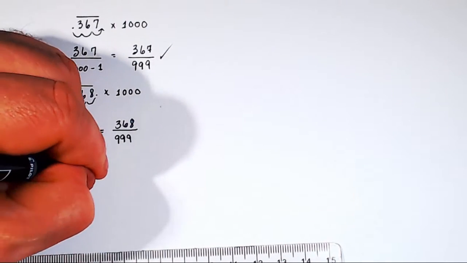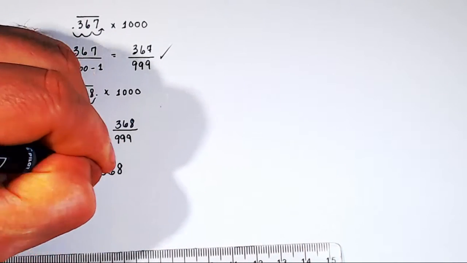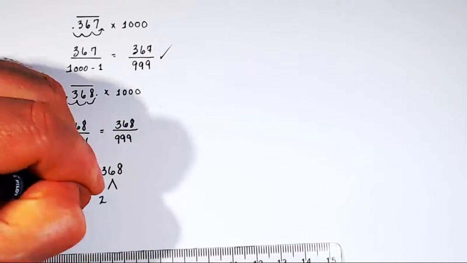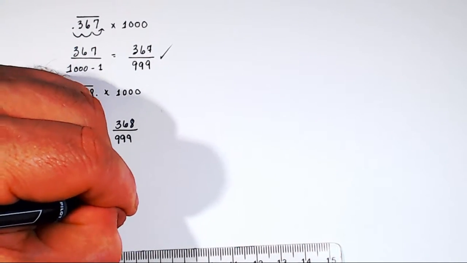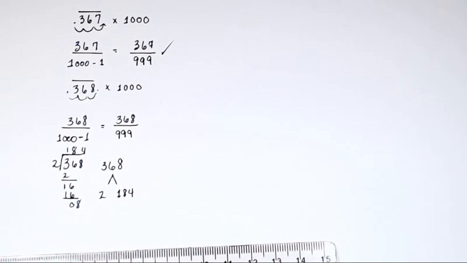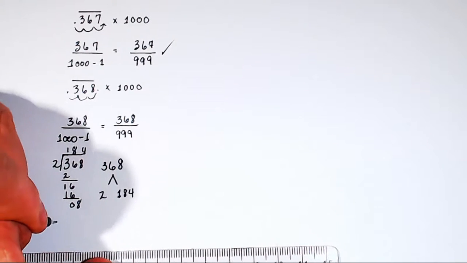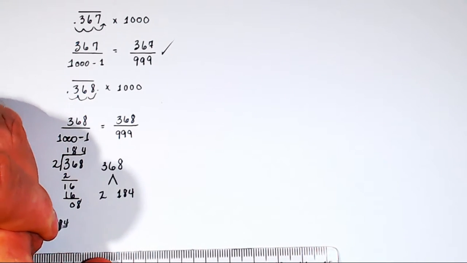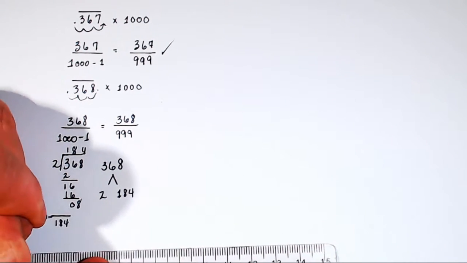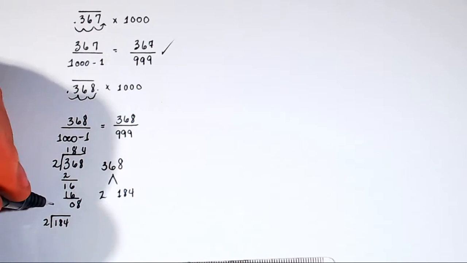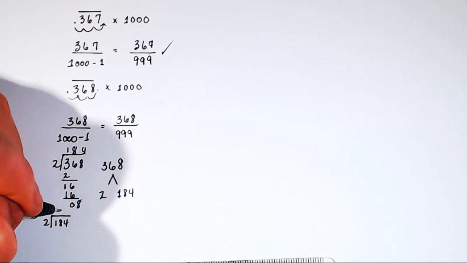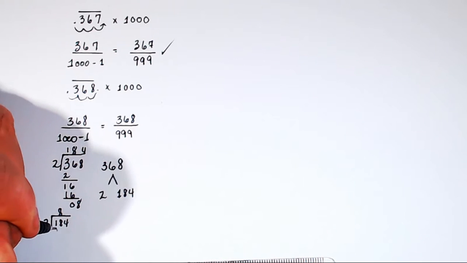All right, so I've got 368, and I have 2 here and 184 here. Again, I don't know what 184 is as a prime factor, so I can take 184 and again divide by 2, and that gives me 8, 16,